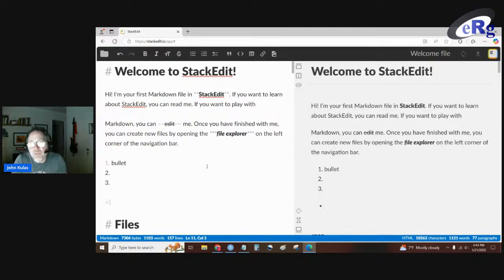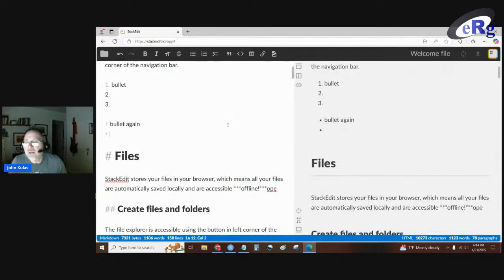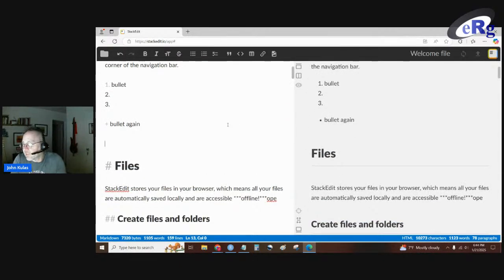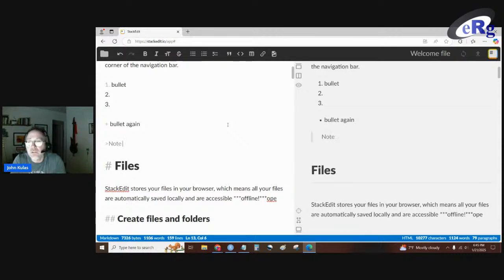Usually a plus mark is a non-numbered bullet, and there's some logic being followed in this editor, so it's doing some autocompletes for me as well. There are ways to do things like indented block quotes. It's usually just a caret sign, and I can say note here.